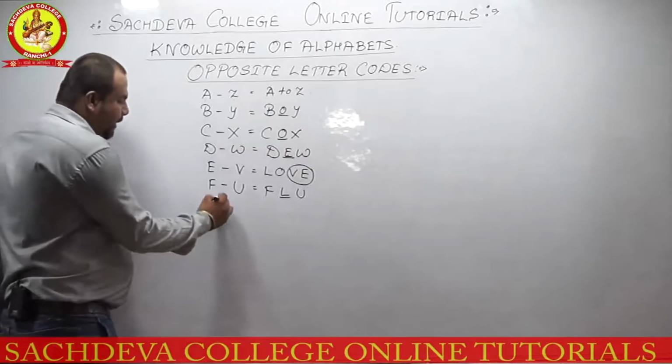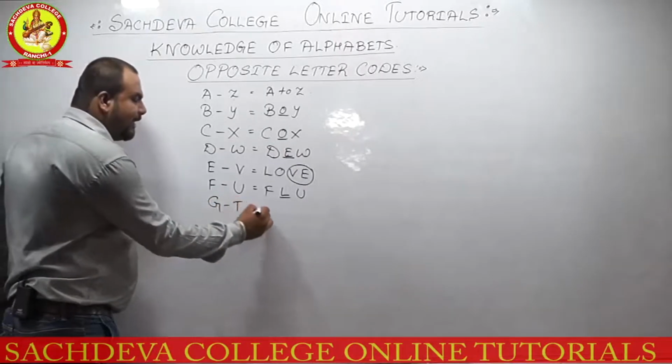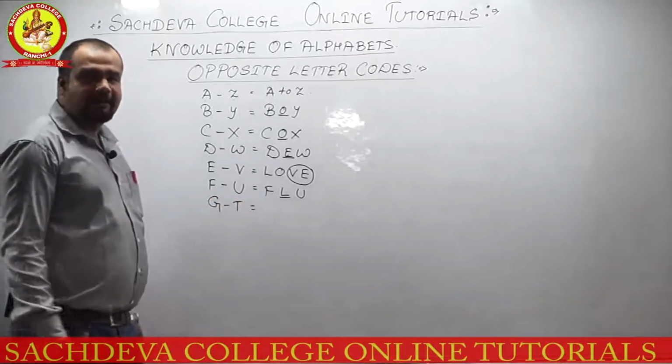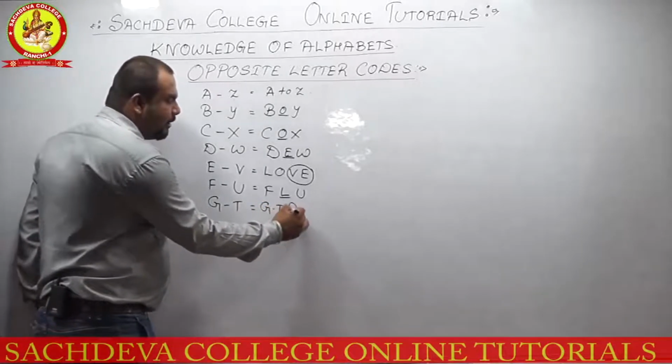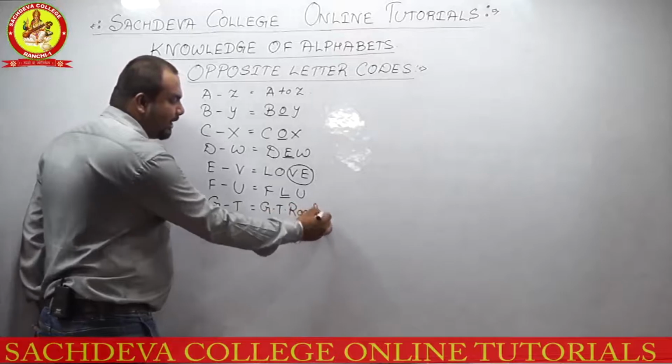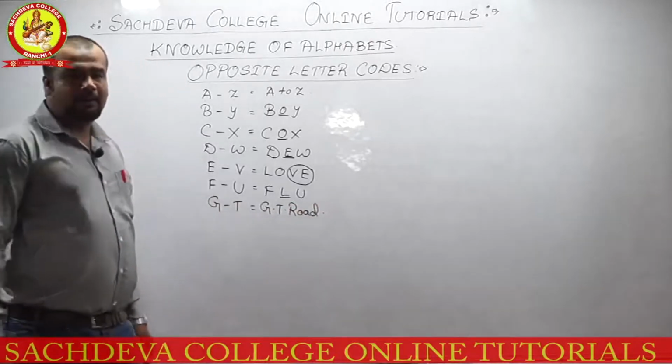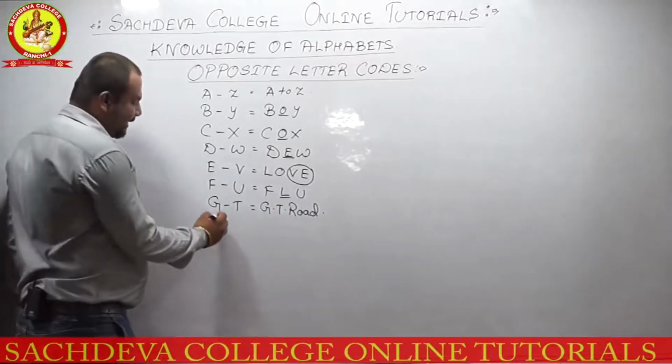Then हमारे देश में एक सड़क बनाई गई थी शेरशाह सूरी के द्वारा. शेरशाह सूरी ने हमारे देश में एक रोड बनाया था. उस रोड का नाम क्या था? G for GT, GT road. That is Grand Trunk Road. Okay. Now the next thing is